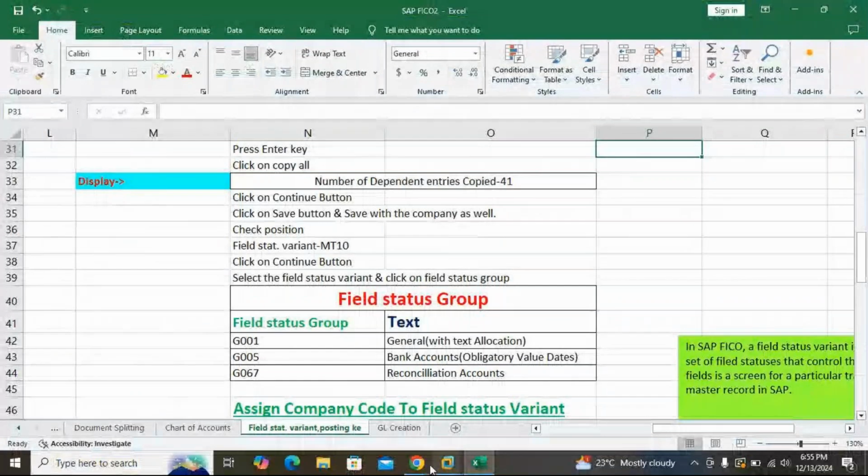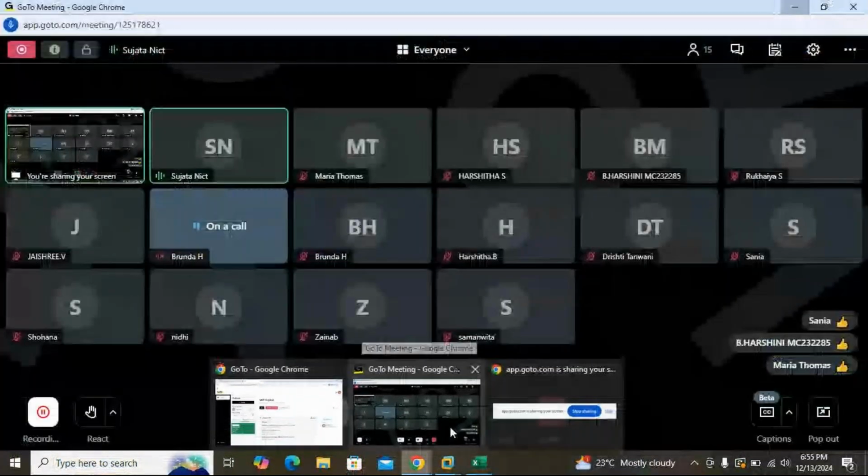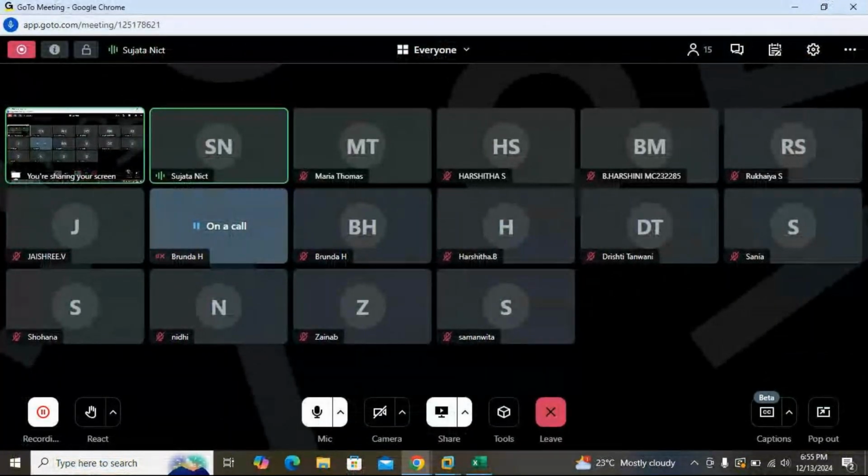Can any student explain what is the path to create chart of accounts? Yes, students, how can we create? What is the path?